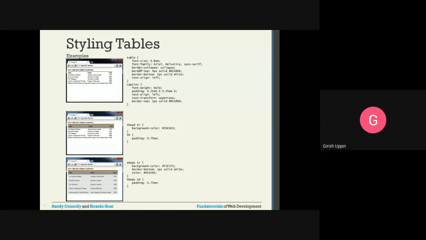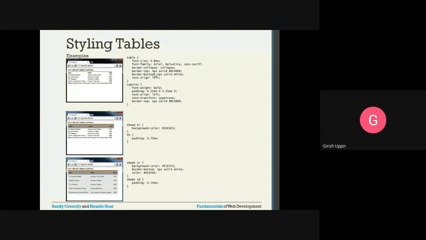Then font family, these are the font families we can have. Then border-collapse. Collapse we already saw. What is border-collapse? If there is any separate border for the TD, then it will collapse and make a common border for all of them. Then border-top.